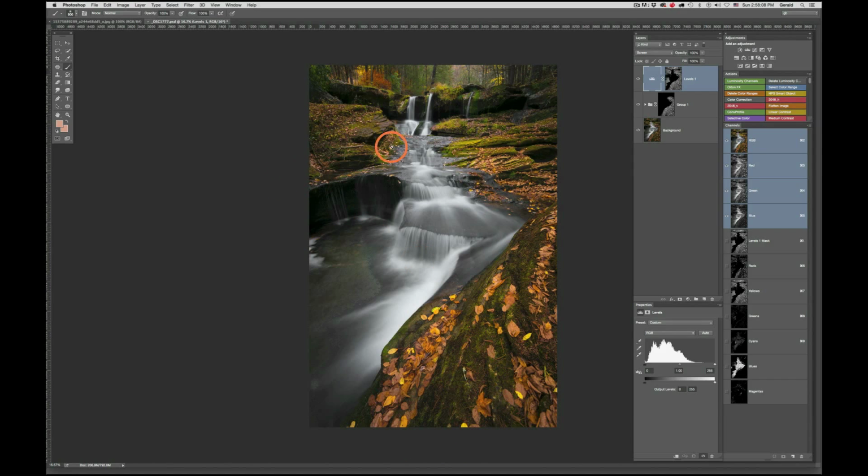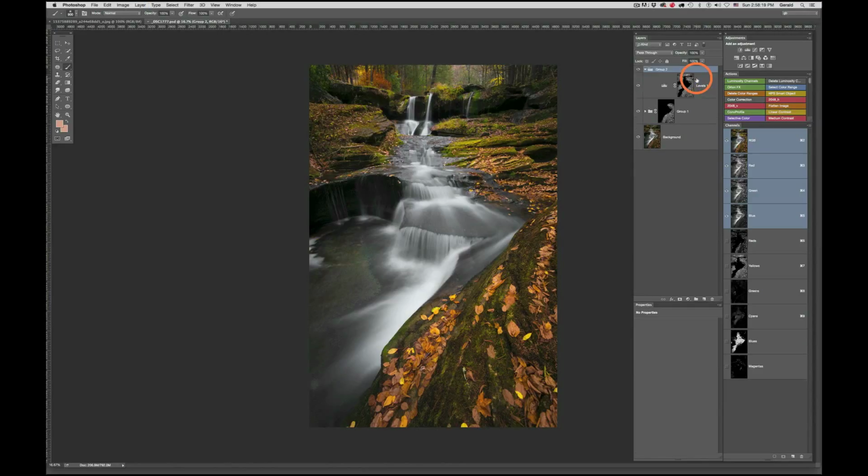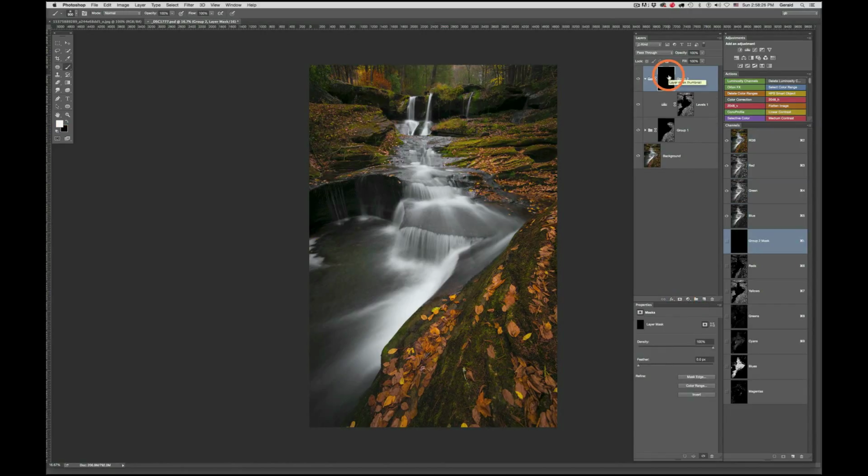This obviously is affecting way too much, and I don't want these foreground leaves to be affected. But what I can now do is go through the exercise of group masking again by Command G, putting that into a group. I'm going to option click on the add layer mask to add a black mask that will conceal the adjustment, painting directly on this group layer mask. I will probably have an opacity of around, let's start with 40%, by tapping my number 4 key. I'm just going to start tapping